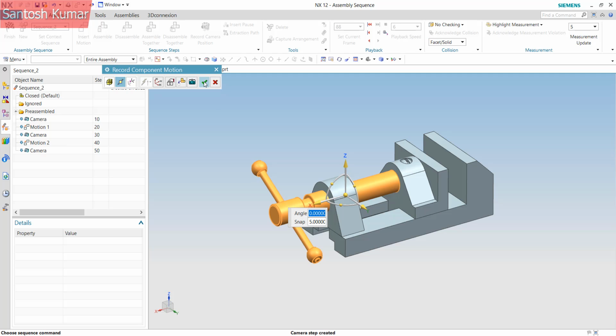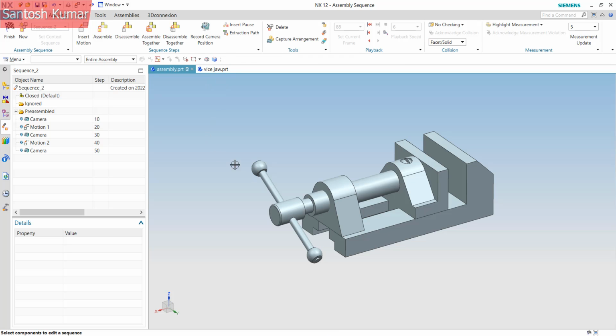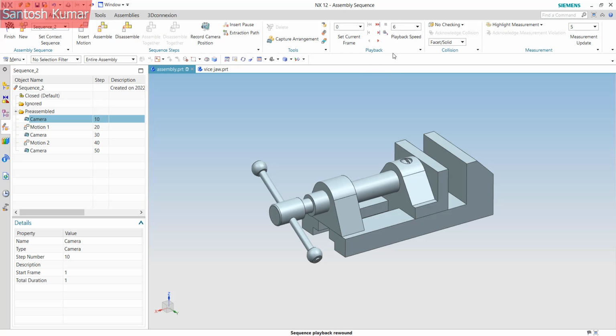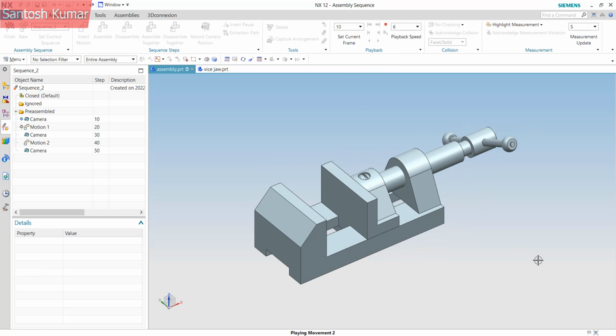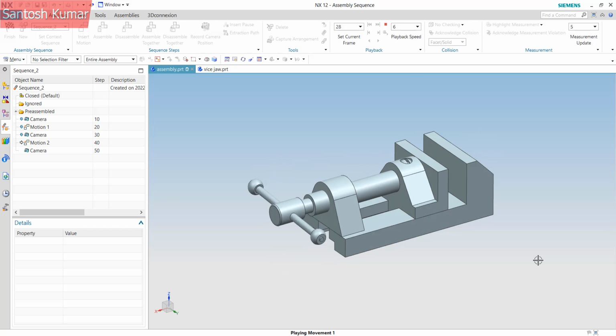This is my end camera position, and I'm going to end the simulation. So I'm going to close this one. After the tick button, I'm going to close this, and I'm going to rewind it, and I'm going to play it. So initially,